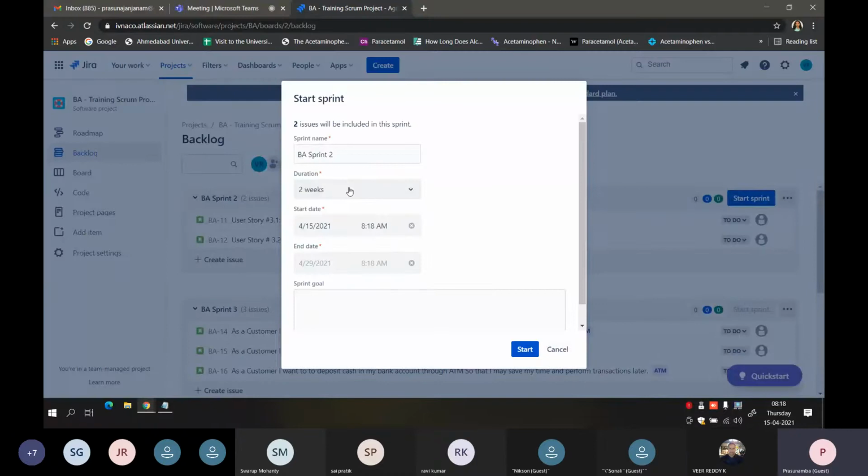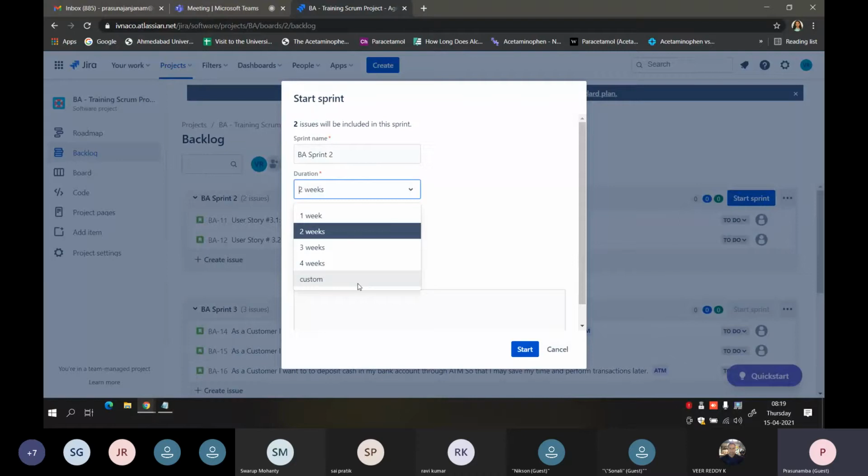If I simply say start, it will give a default duration of 2 weeks. Basically, the minimum sprint length would be 1 week, up to a quarter, like the whole 3 months, depending on what stories you are adding into that sprint and how complex the stories are. We would be giving the duration of that sprint. And by default, the average sprint cycle would be 2 weeks. That is why it is showing 2 weeks.